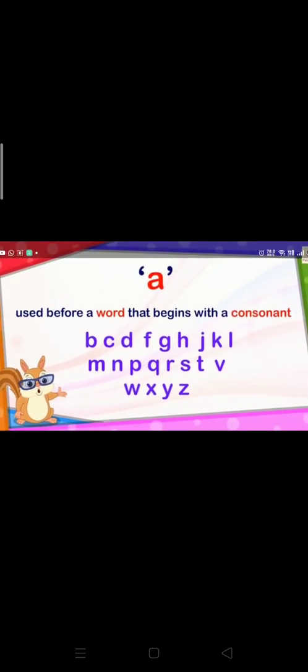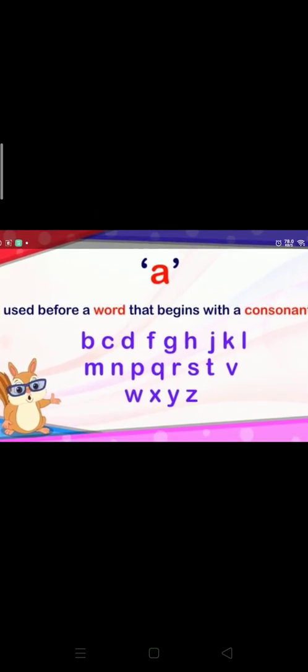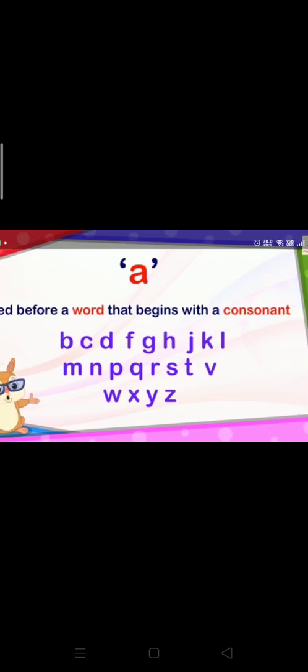When we use the article a, we use it just before a word which begins with a consonant. What are consonants, kids? You know, from A to Z there are 5 vowels. Other than that, all others are known as consonants.